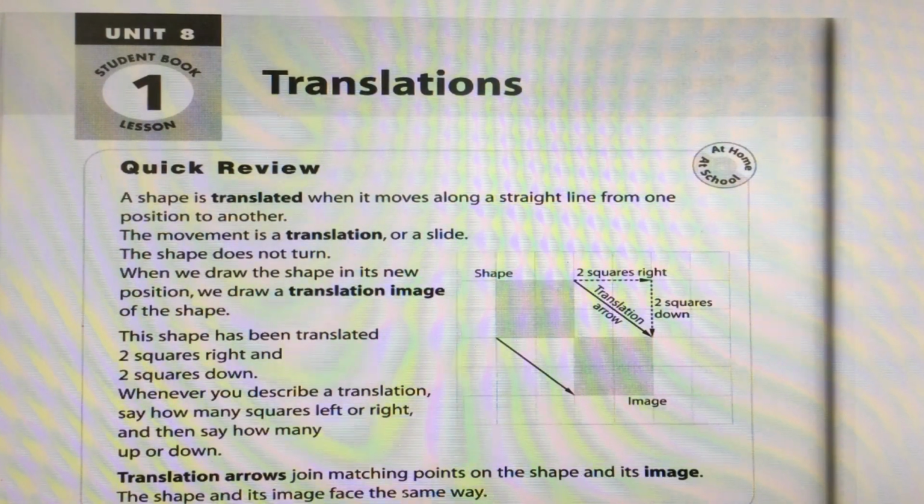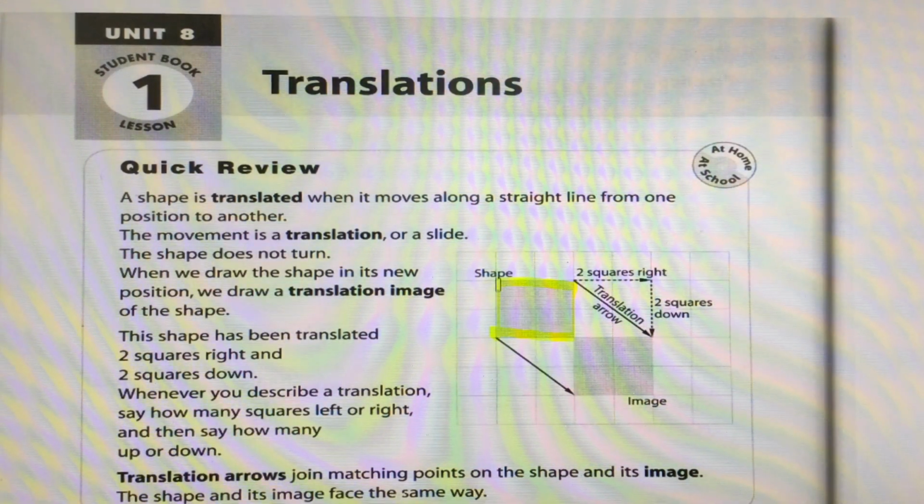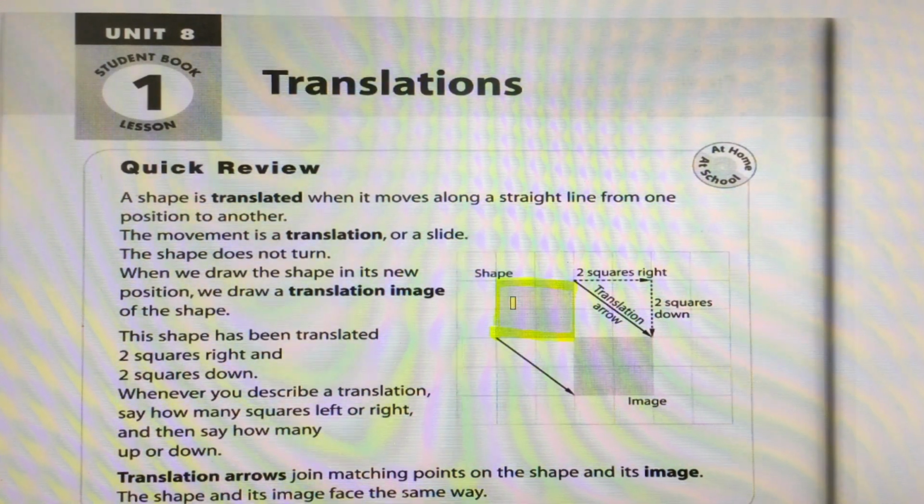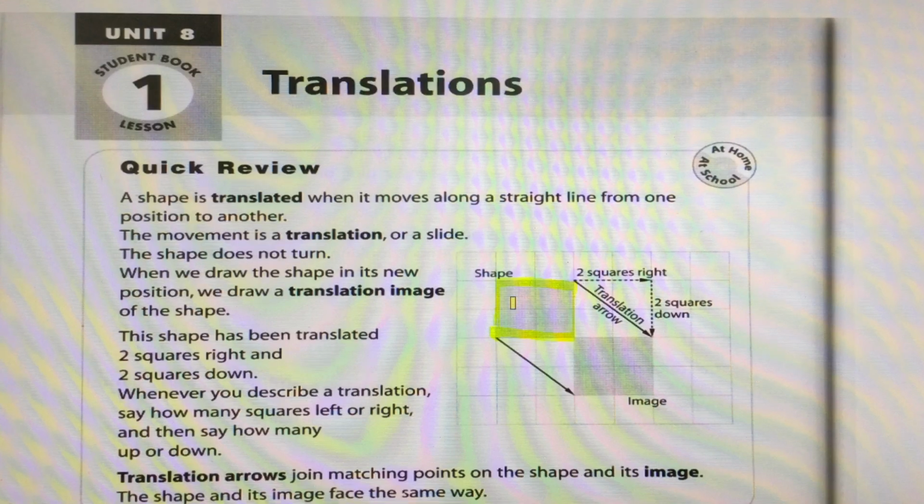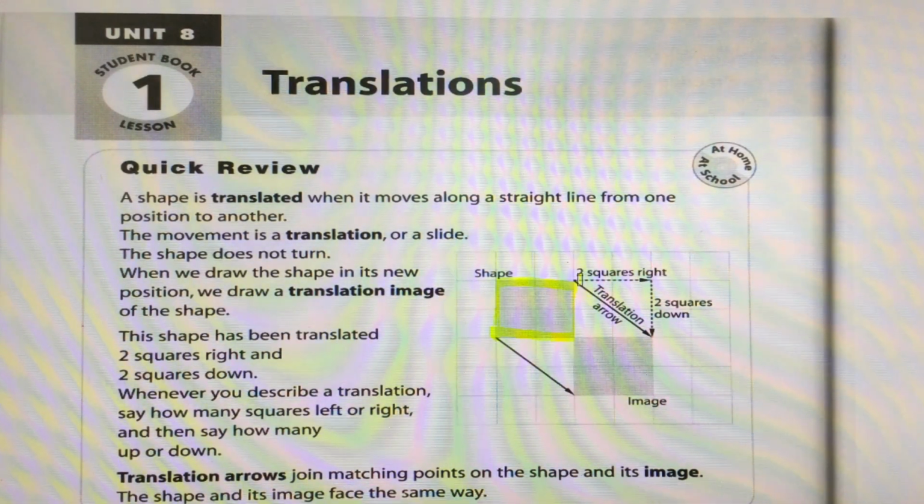It's very easy to think about this in the sense of taking something in language. So if I said hello in English and I wanted to say, what does that mean in French, let's say, it would be translated to be exactly the same thing, but in a different language. So this shape gets translated into this image down below,